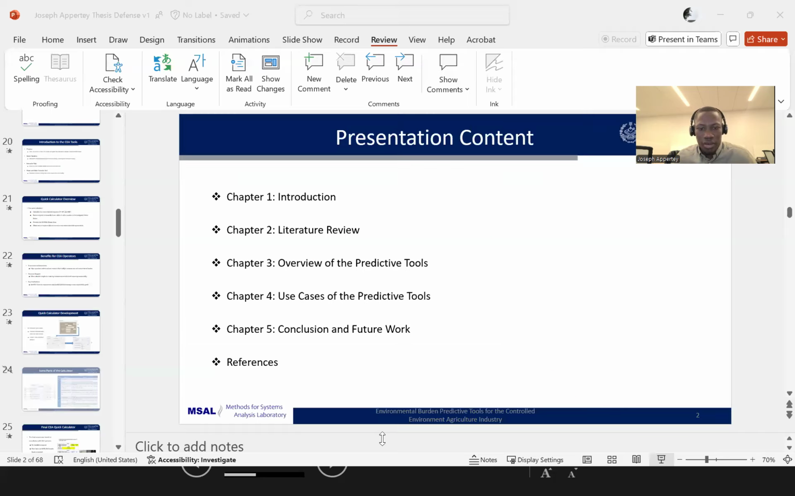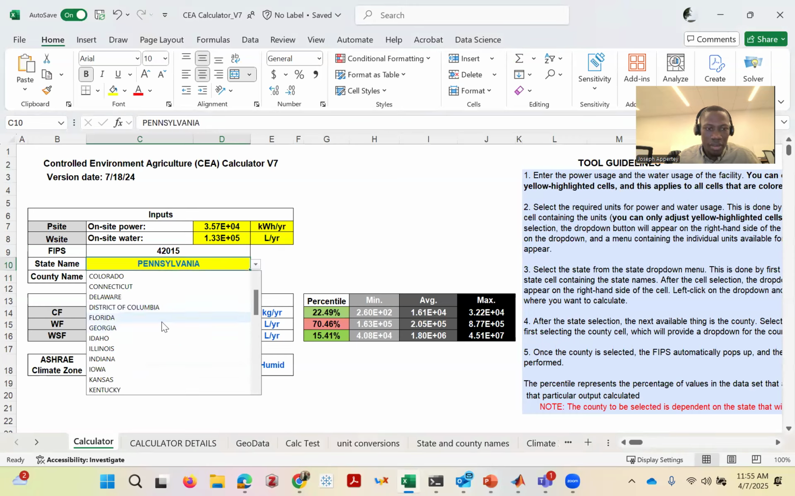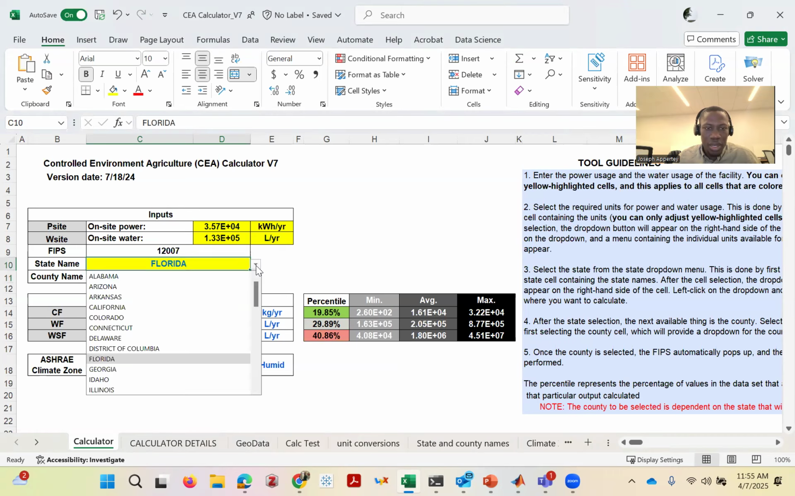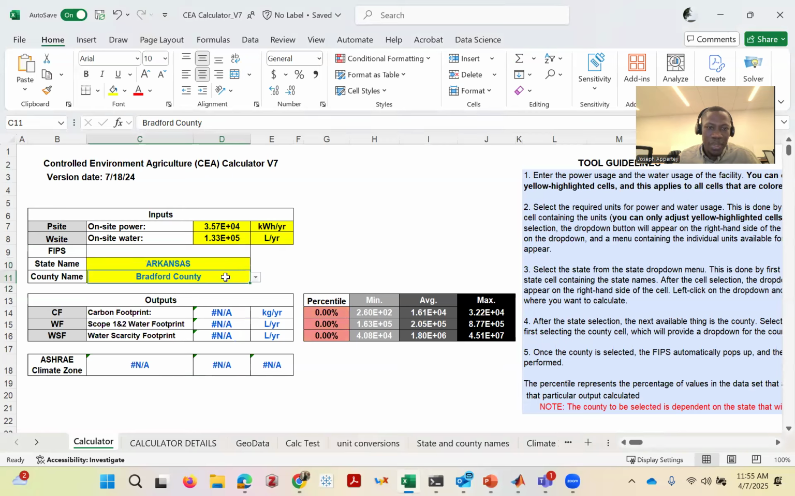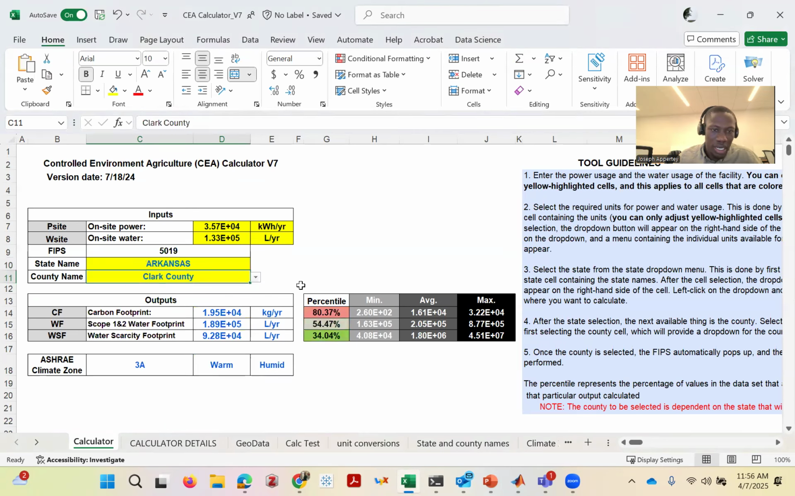I will demonstrate briefly how it is used. Assuming we want to find the impact for a county in Florida. Let's consider Arkansas instead, and in Arkansas we don't have Brantford County, so we are going to see not a number in the various outputs. We need to make the right selection for the right county. So assuming we are considering Clark County,